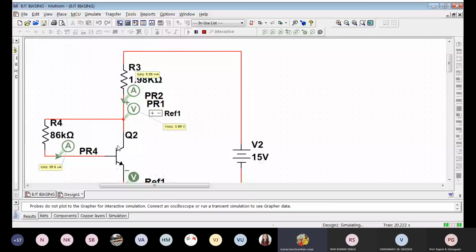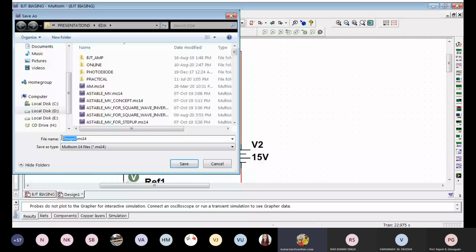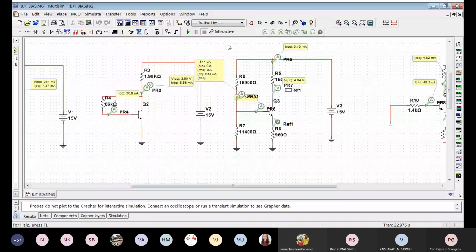Okay, then find out the other things also like the base current and all that, which you have calculated already. All right. So that is here for collector to base bias. The third one, that is the emitter current bias.